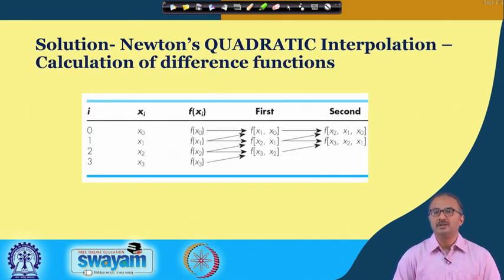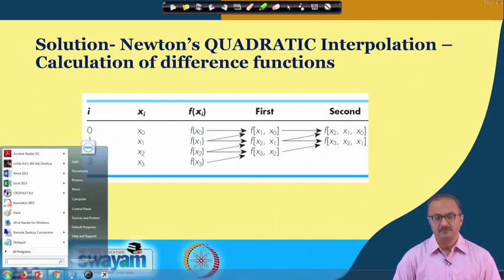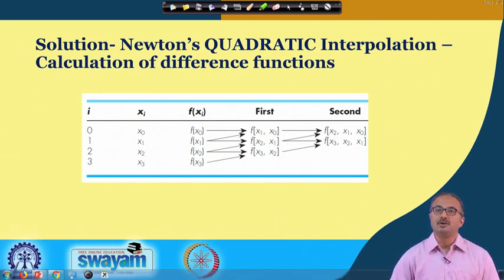Now we go to a quadratic interpolation. Quadratic means we shall now be fitting a polynomial of degree 2 to the given values. Now you see that when you talk of fitting a polynomial of degree 2, that means you would need 2 plus 1, that is 3 points. Okay, only from that can you get a polynomial of degree 2.